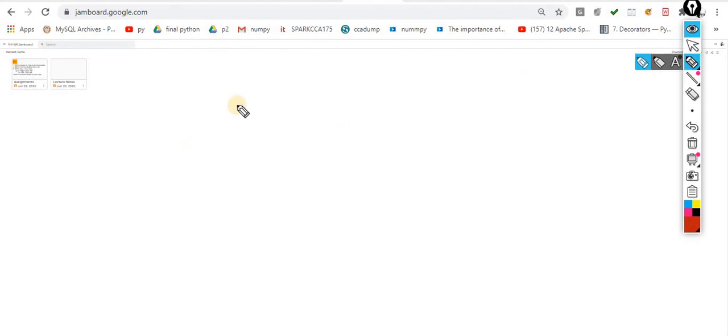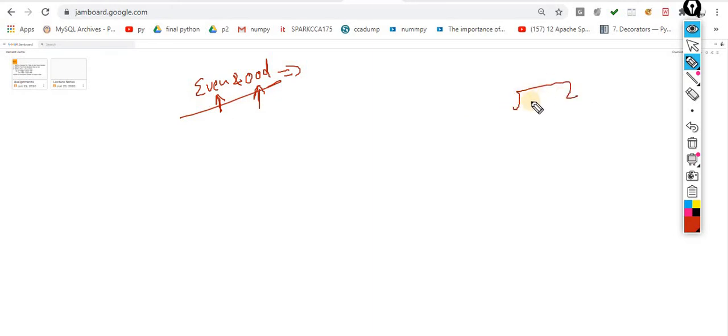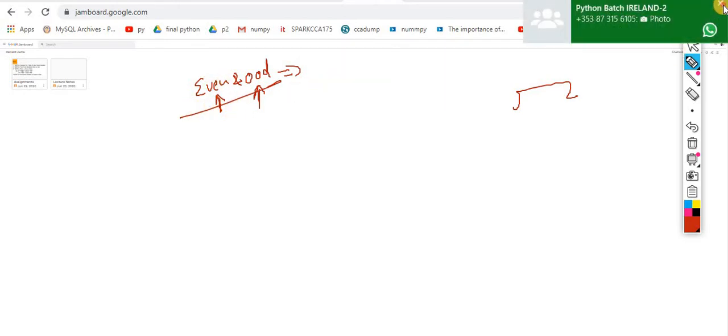Okay, the first assignment was a very simple assignment, even and odd. The first thing you must know is what is even and what is odd, and then you are supposed to perform it. So how can I define whether a number is even or odd? For this, there is a mathematical rule, because I already told you that whenever you are going to solve any problem, just find out the mathematics behind that problem.